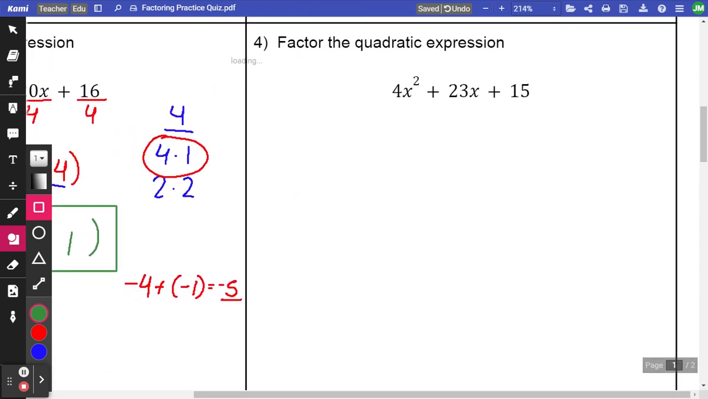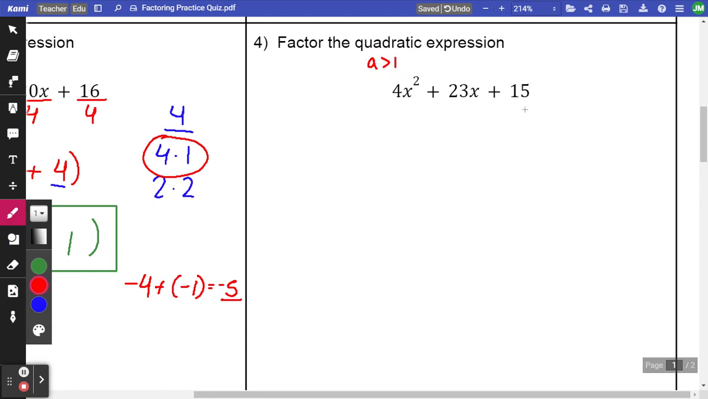Alright, for number 4, we have 4x squared plus 23x plus 15. And if we try to divide out the greatest common factor, we're going to find out that they don't share a factor in common. So that means that this is a case where a is greater than 1. Alright? However,